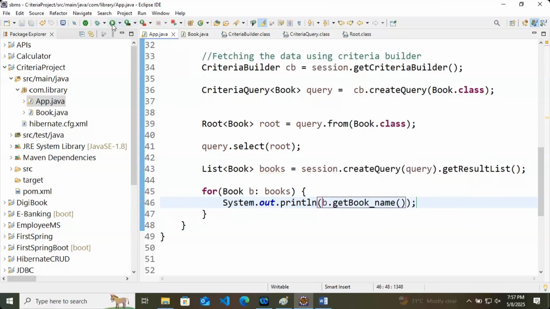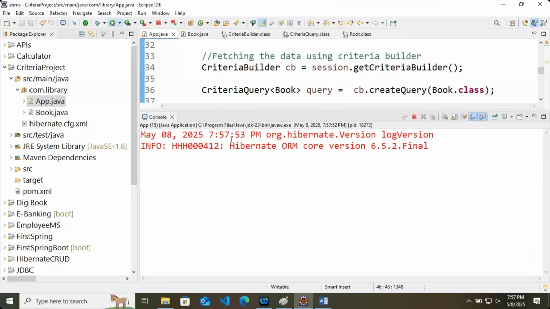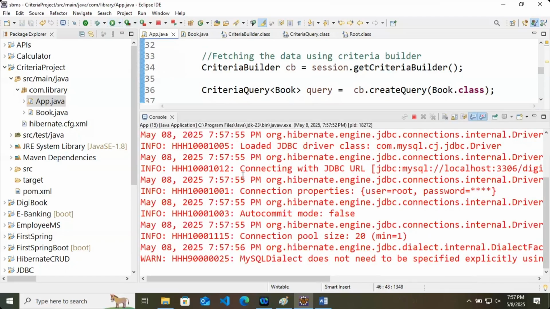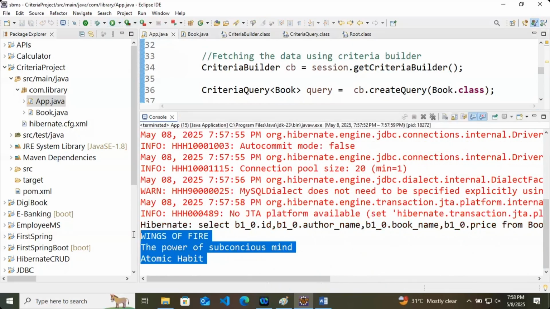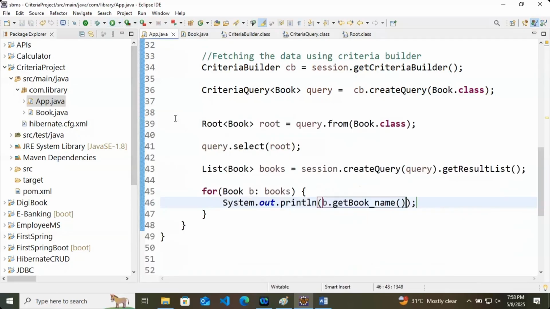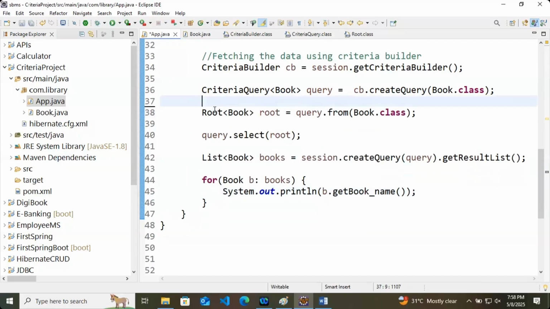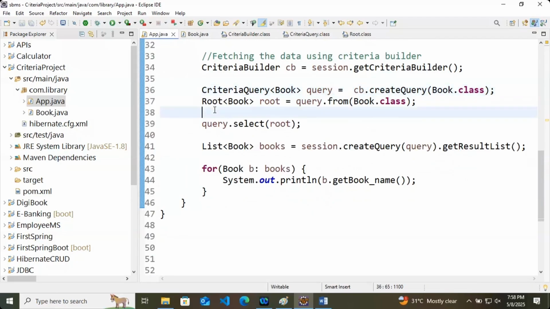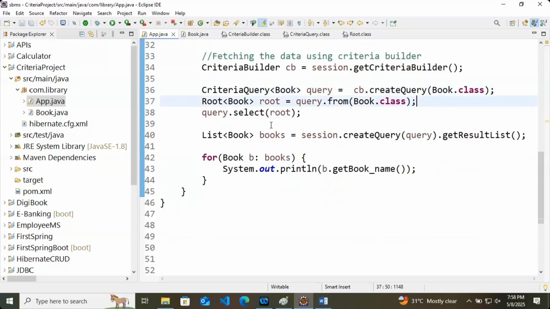We'll just start the application. And here we got the book name. So I hope HQL is very easy, right? You can use HQL as well. So one or two words there we have to write. If we are totally dependent on classes and interfaces, then these are the confusions that we have to face.